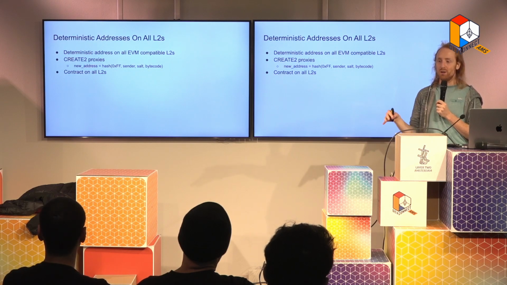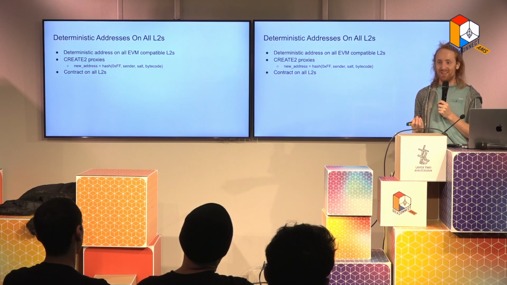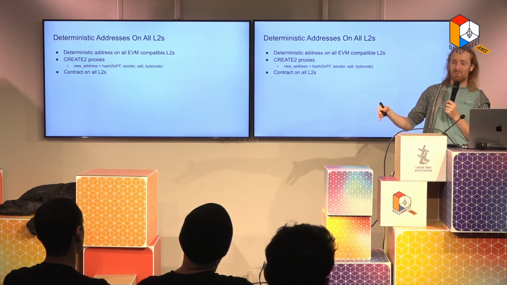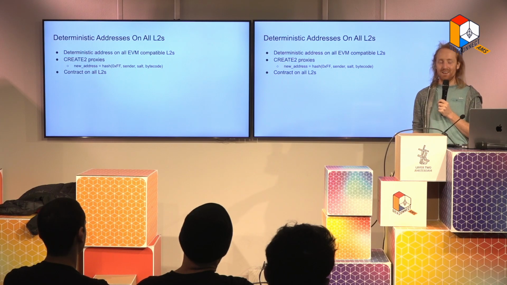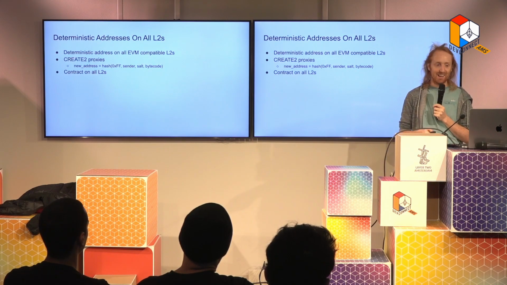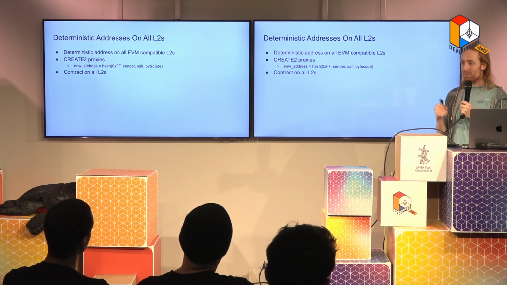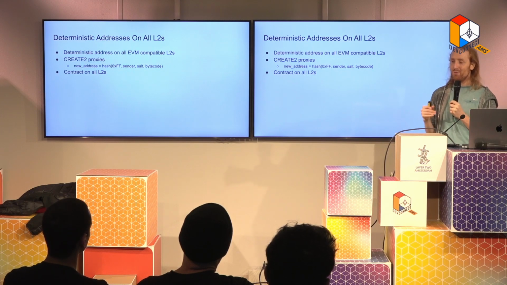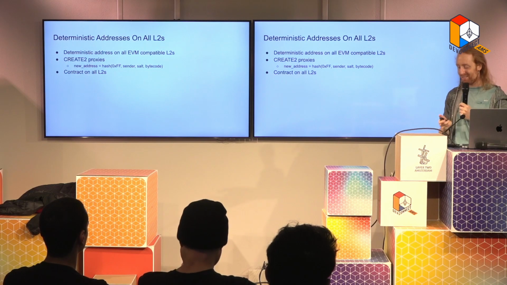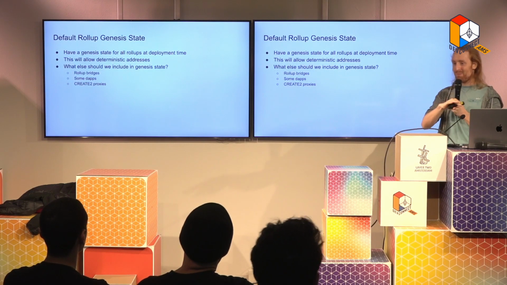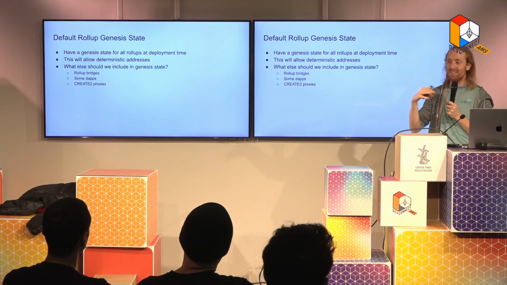Because if I have a smart contract wallet and I don't have the same address everywhere, it can be really tricky. Like, oh, you sent me some Arbitrum money to my Optimism address, and I didn't get it, and now I can't get it, and there's not really anything you can do about it. So this is really nice. I think that some of these proxies have been deployed. We just really need to standardize and say, okay, everybody just deploy this proxy in your Genesis state. So yeah, this is my next slide. What I want to talk about is the Genesis state of your rollup.